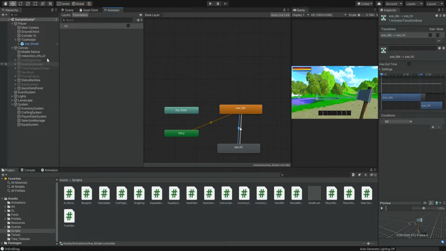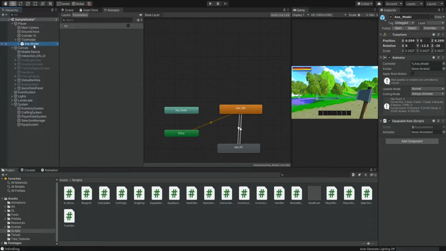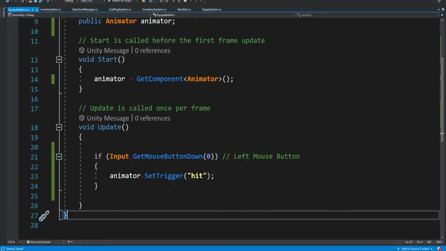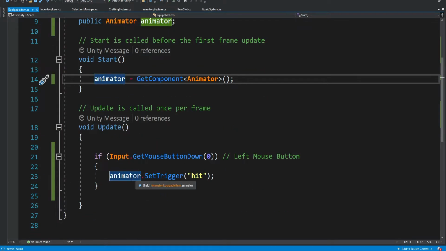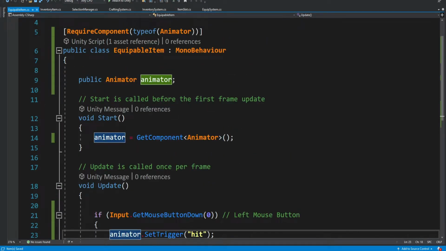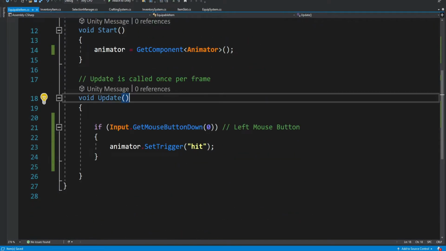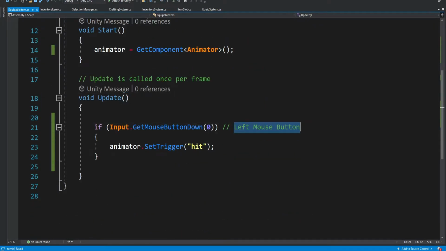Okay? So if we click on our axe model, we can see that it already created this animator, but right now it's null, right? And it's fine because when it's going to start the game, it's going to take the animator component and place it over here. And then we're going to be able to use it, okay? So all we do inside the script is simply press on the left mouse button, and when we press on it, it's going to play this hit animation.